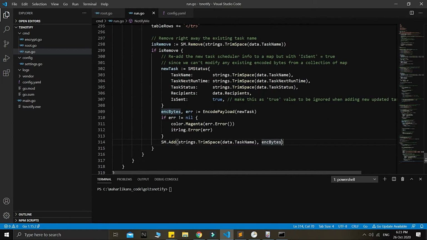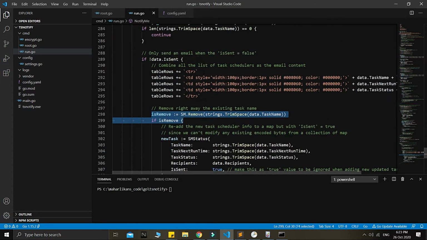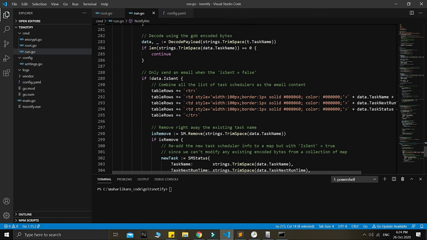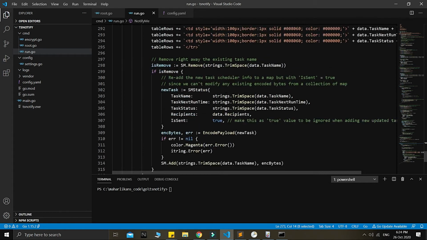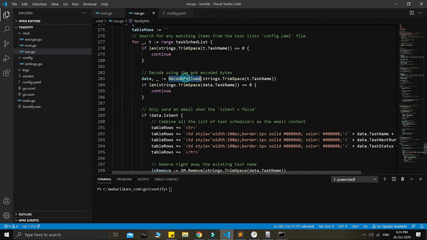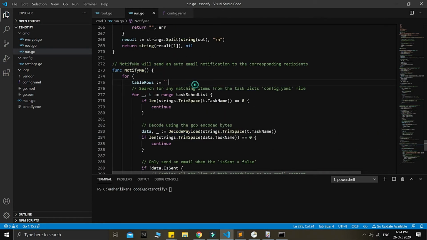So right now we remove first, because as you remember, this one is a forever loop, guys. This one is just like a heartbeat already. This is very important because this always runs this main function and the other function, which is the task items there on top. So right now we will do this here. We will check first if this data is already sent or not, because every time we run from this taskSchedList,